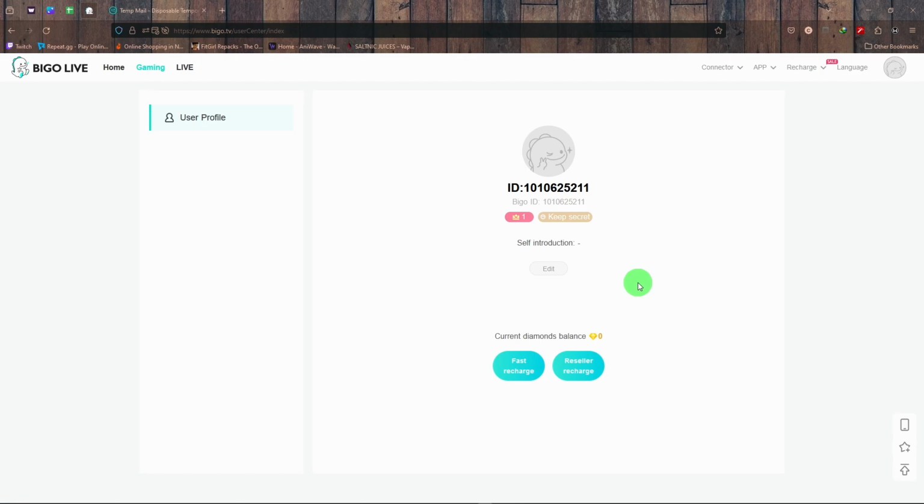Then on the top right side, there's a share sign icon where you can just tap on it, and a link to your Bigo profile will be provided to you. You can just directly send it to your friends or other people, using all the social media like WhatsApp, Instagram, Facebook, or you can just copy the link and post it somewhere so people can click on the link